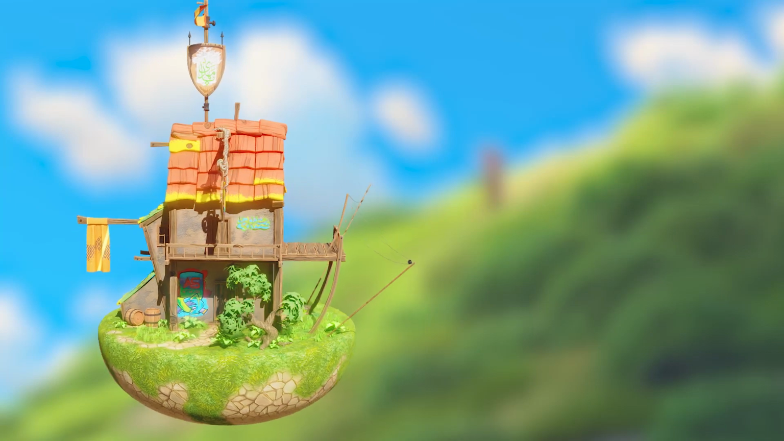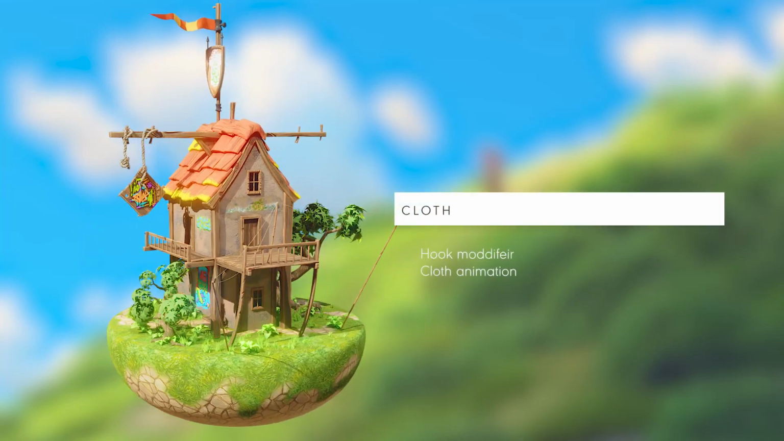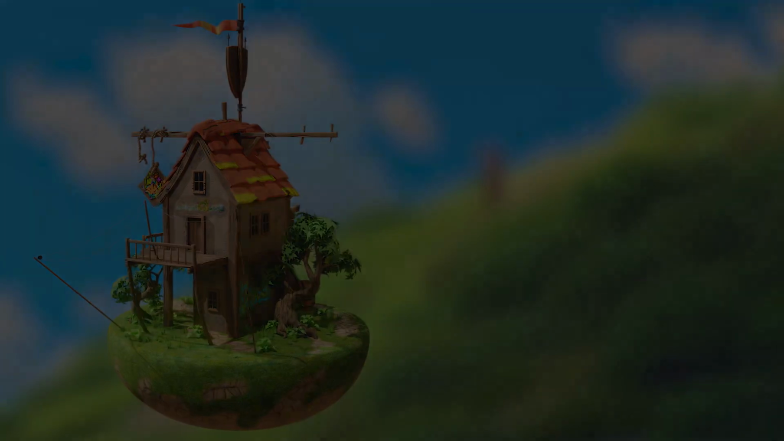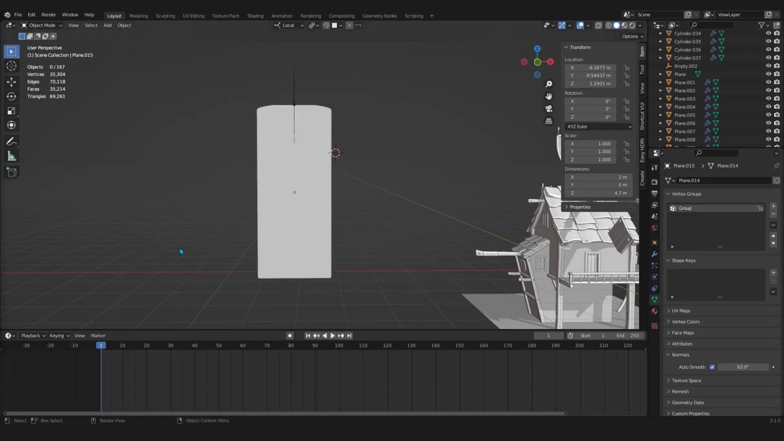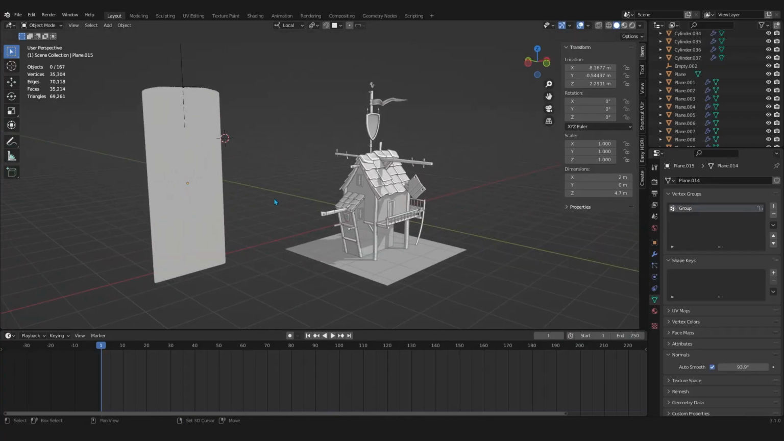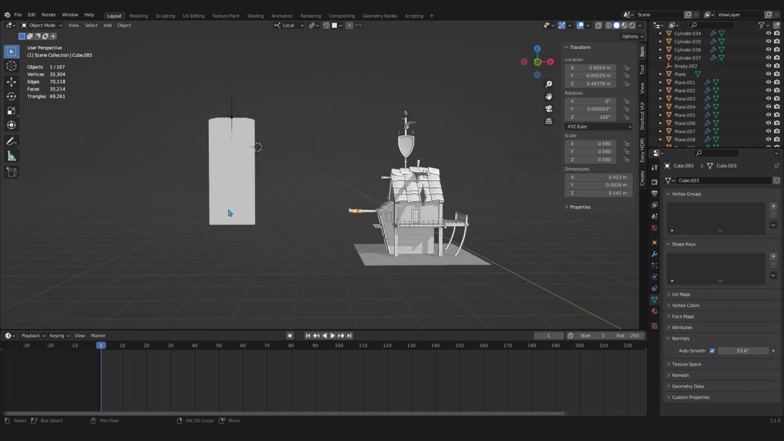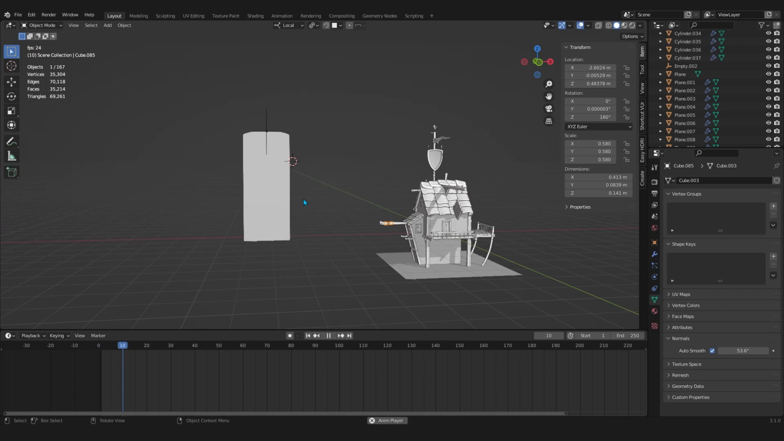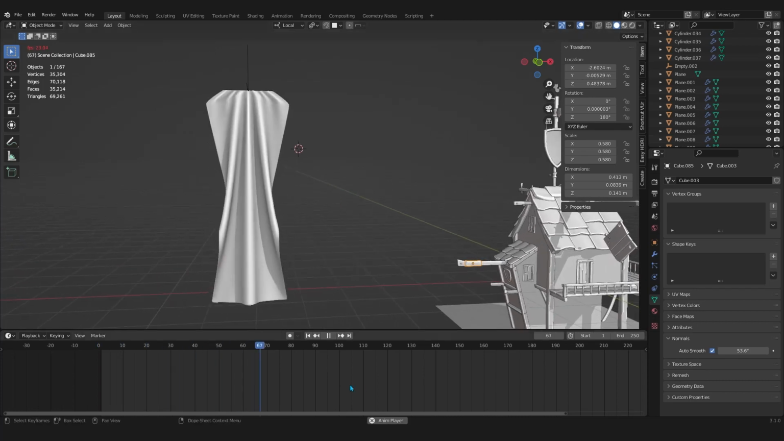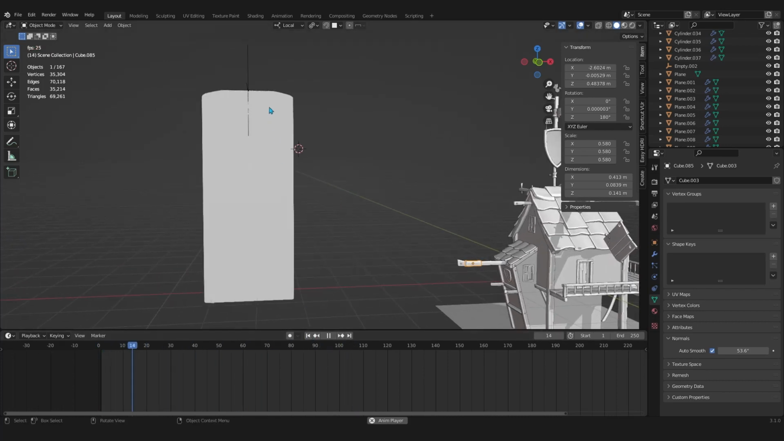Here is a glimpse of what awaits you. In this video, we are going to do an interesting cloth simulation, and we will use that as a banner. Without any further ado, let's dive into the tutorial. You can see as I play the animation, this object here starts to move and form